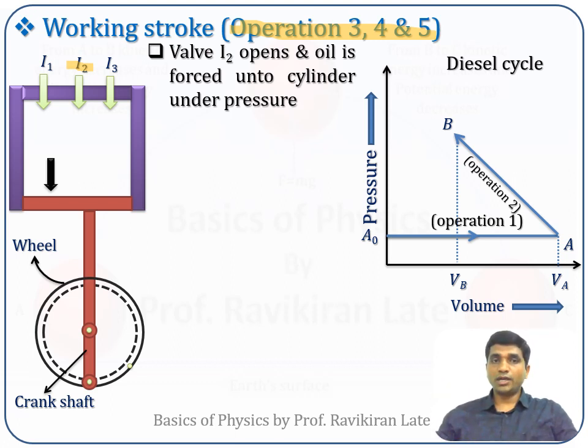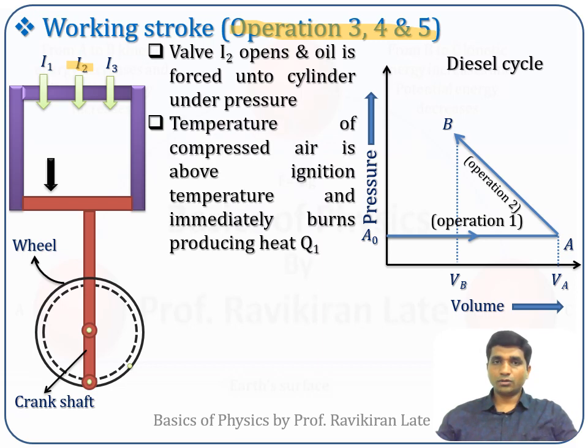Through this inlet valve I2, oil is taken inside the cylinder under a very high pressure. For that purpose, a pumping system is used. In modern technology, a pumping technology is used. If you consider any car, tractor or truck, it has a fuel injector in these types